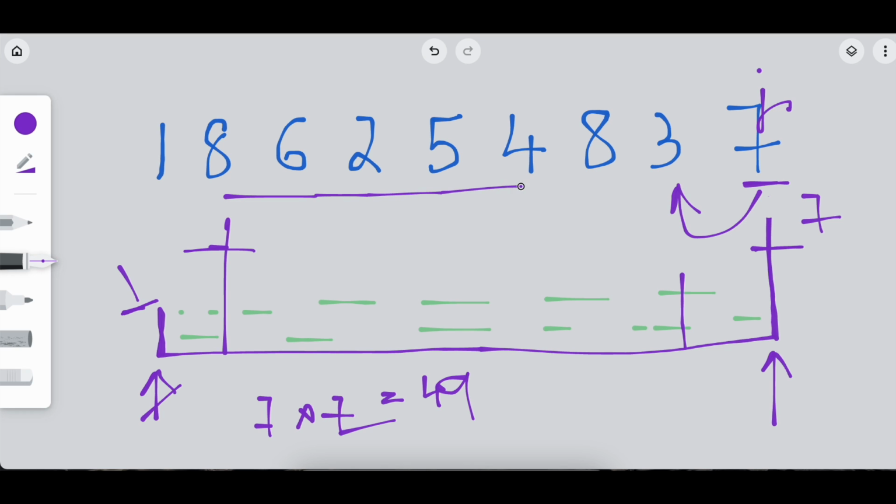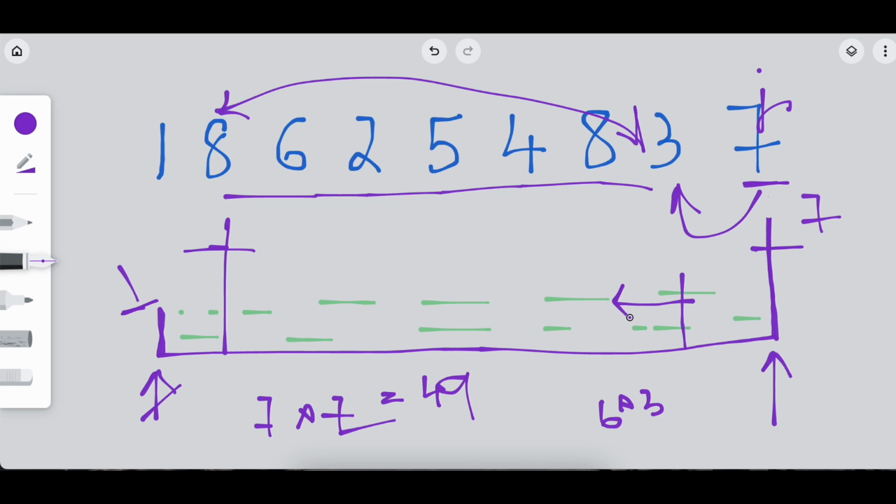1, 2, 3, 4, 5, 6 times, and then what is the height we can get? 3, which is going to be 18, which is less than 49. So now we see what is the minimum height of these two pointers. Now again, 3 is the smallest, so we try to move the j pointer to the left side, so